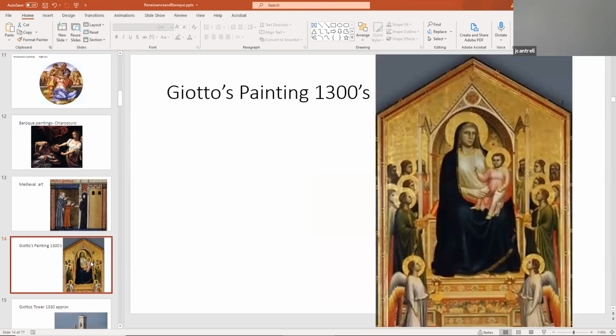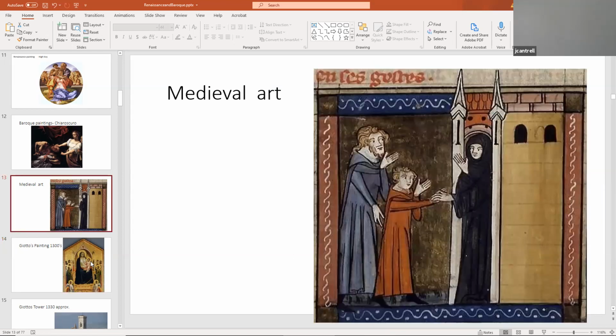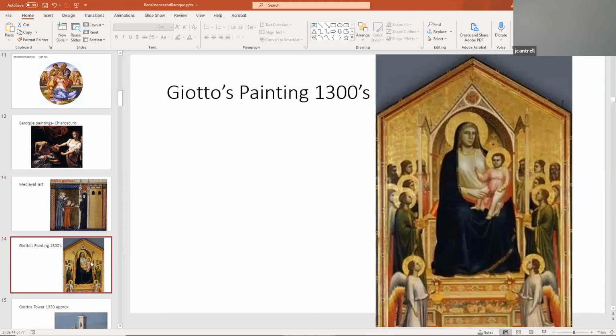Now we're looking at one of the first Renaissance paintings. It's actually a mixture of Gothic and Renaissance, because the Gothic artists are depicted here in the scene, but it's Renaissance because the modeling is more three-dimensional. We've definitely moved on from the two-dimensional flat images of early medieval art. So really Giotto's painting is clearly a modern painting, by virtue of the fact that the three-dimensional quality is carefully painted and modeled.